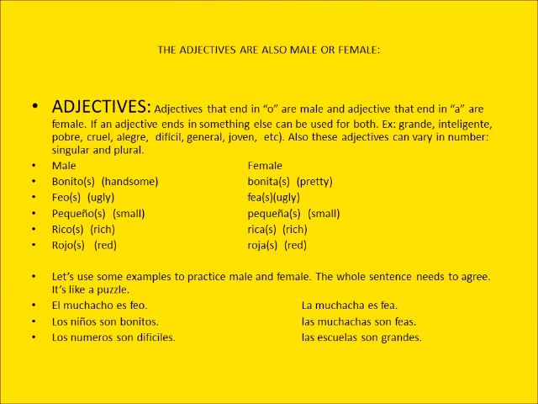Now here on this page, let's see the adjectives. As I told you before, adjectives can also be male and female. Adjectives that end in o are male, and adjectives that end in a are female. If an adjective ends in a different letter other than o or a, it can be used for both. Example, grande, inteligente, pobre,